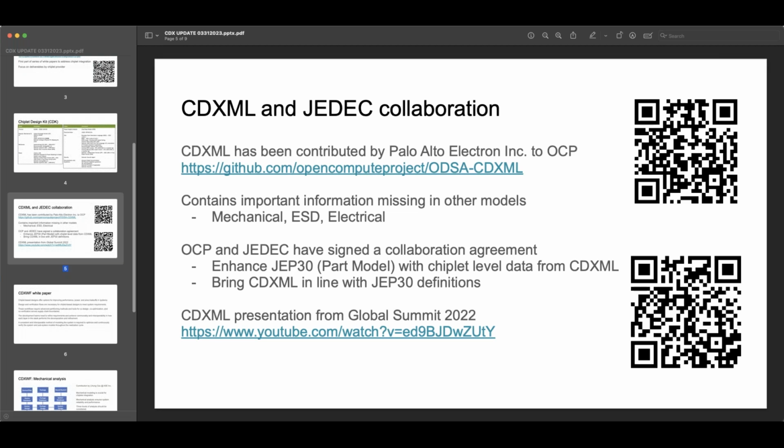That contribution basically led to a collaboration agreement between OCP and JEDEC. And basically what is happening is JEDEC is taking the CDXML format and enhancing their JEP30 part model